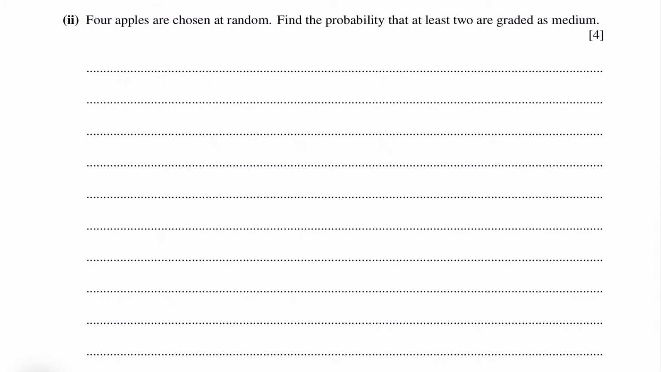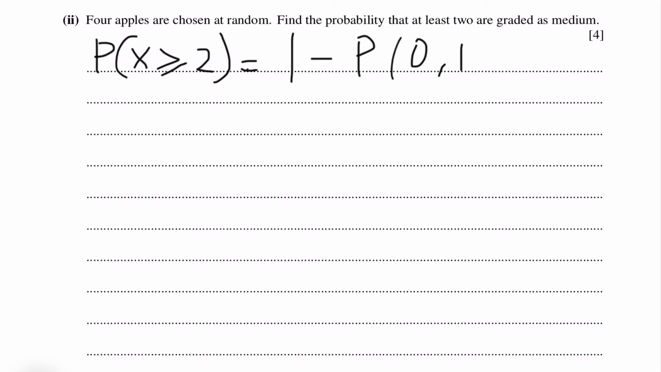4 apples are chosen at random. Find the probability that at least 2 are graded as medium. So the value we got earlier was the probability of getting a medium. So getting at least 2 means that you're just subtracting the probability of getting a 0 and a 1. So this will be equal to 1 minus 0.3084, which is 1 minus the probability we got earlier,